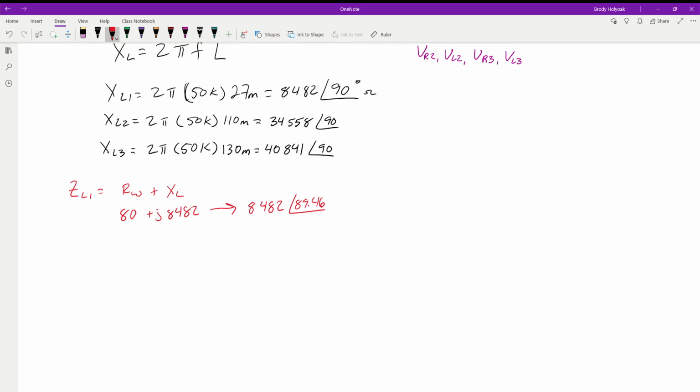There will be times in the future where we will assume this 80 is not going to have any effect for all intents and purposes, and we can just leave it as our XL value. But for now, we want to make sure we include it and account for it, because, like I said, later on this isn't going to make much of a difference. But I want you guys to understand how these things work. So now, the next part